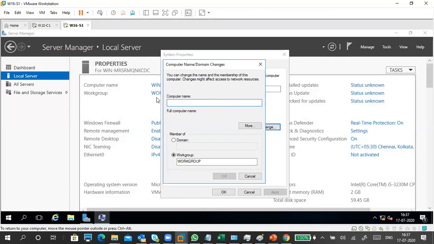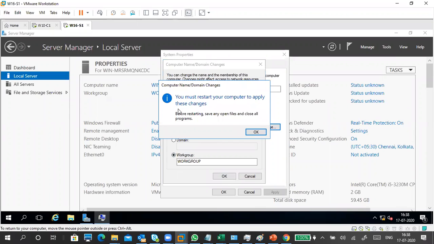Okay, so I'm changing my name to W16. Small or capital letters, anything, no problem. Same name, because I can remember it properly. No need to change anything else here. First change the computer name. Once installation is completed, you have to verify everything because it's new to you. Then go to W16-S1, click OK, because I put a name like that.